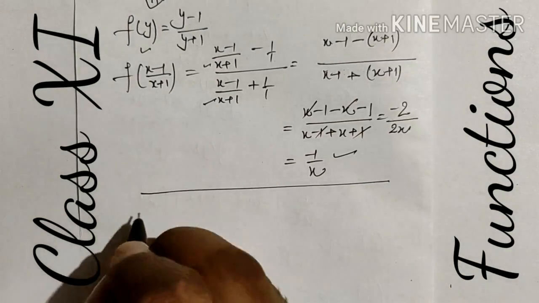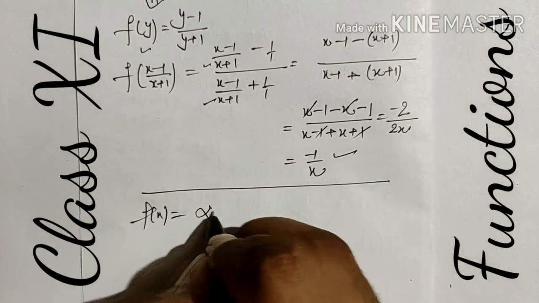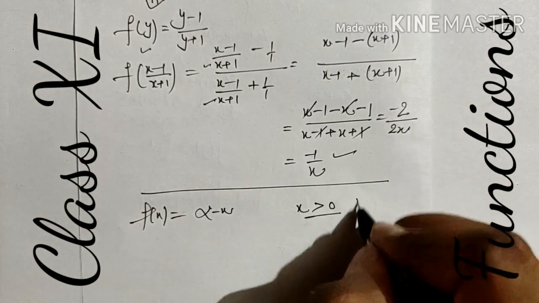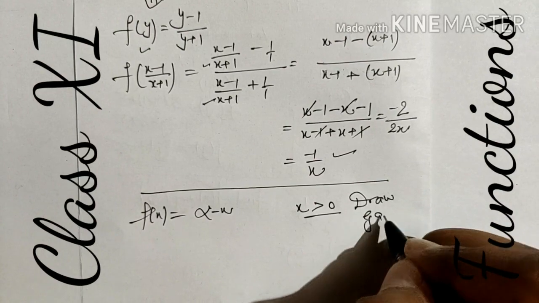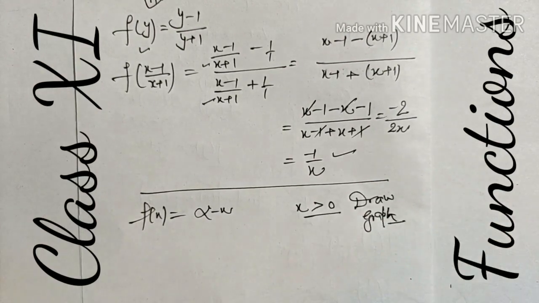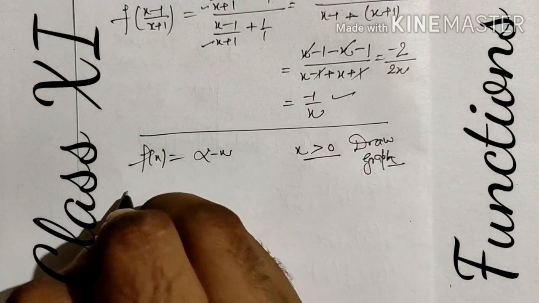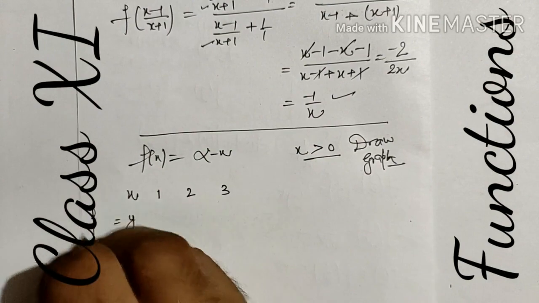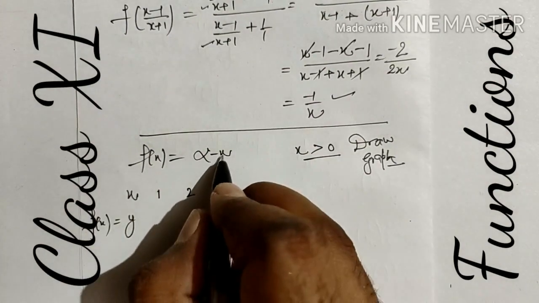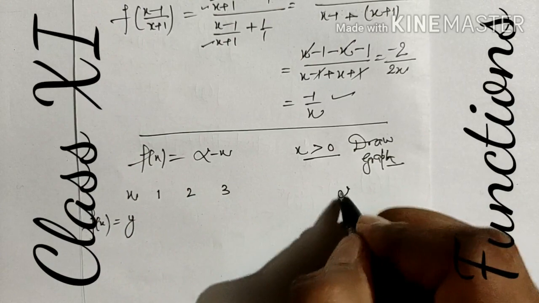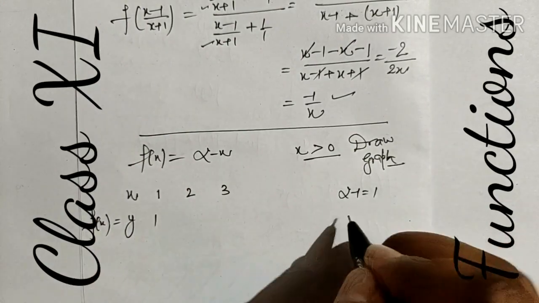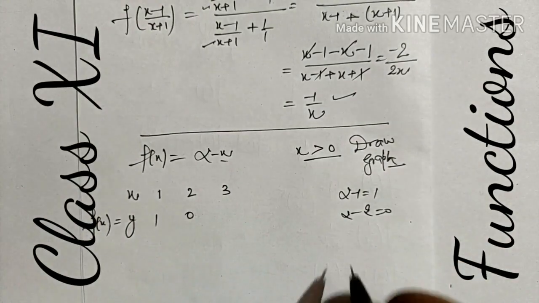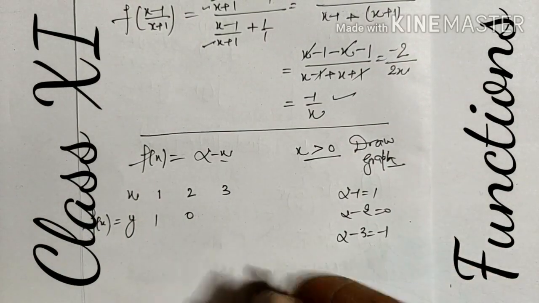Another we are going to take here. If the function is given like 2 minus x, where x should be positive, draw the graph of it. So it is the same as we have done in 10th class. We are taking 2, 3 values. As x is given greater than 0, we are taking 1, 2 and 3 only. y means the value of f of x. If we replace x by 1, it becomes 2 minus 1, and 2 minus 1 means 1. If we replace x by 2 here, it becomes 2 minus 2, that is 0. If we replace x by 3, we get minus 1.